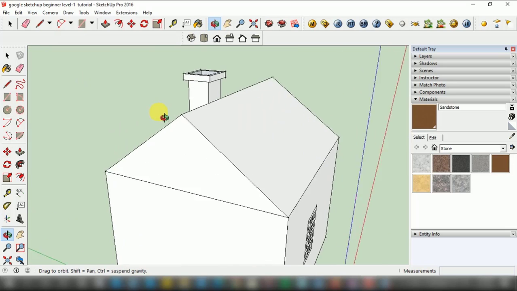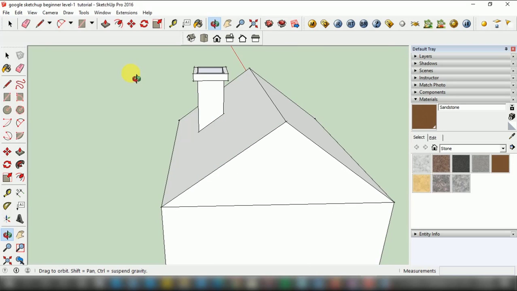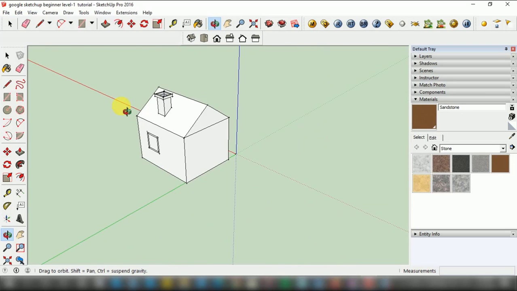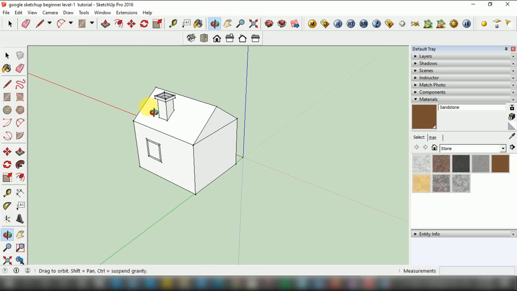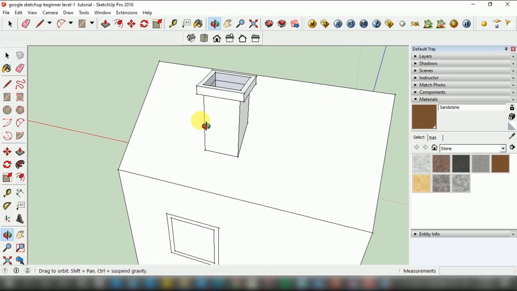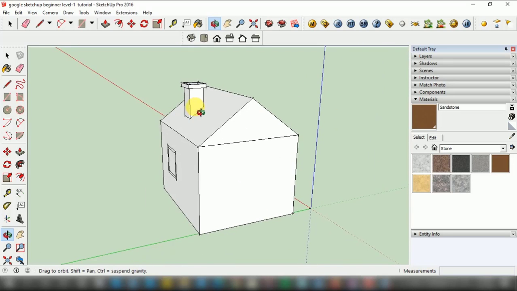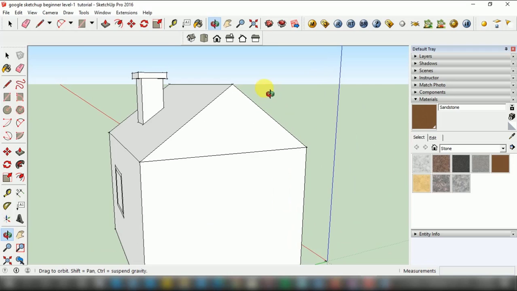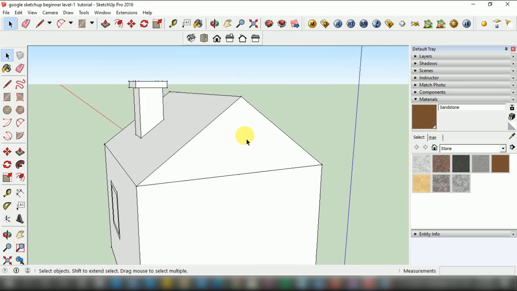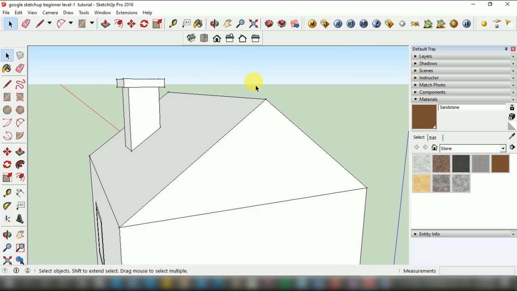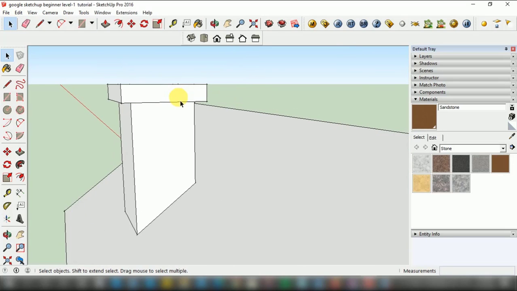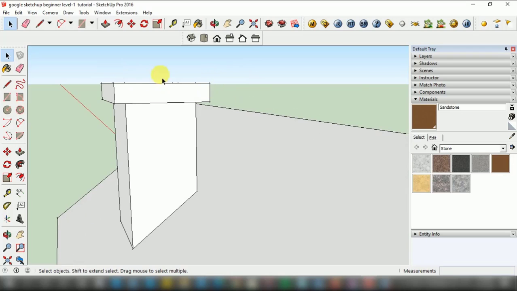So in this option, when I orbit that small house, you can see that some lines are actually visible, those lines which are intersecting each other and extending a little bit further, as on this chimney, small vertical lines which are extending more in the upward direction.